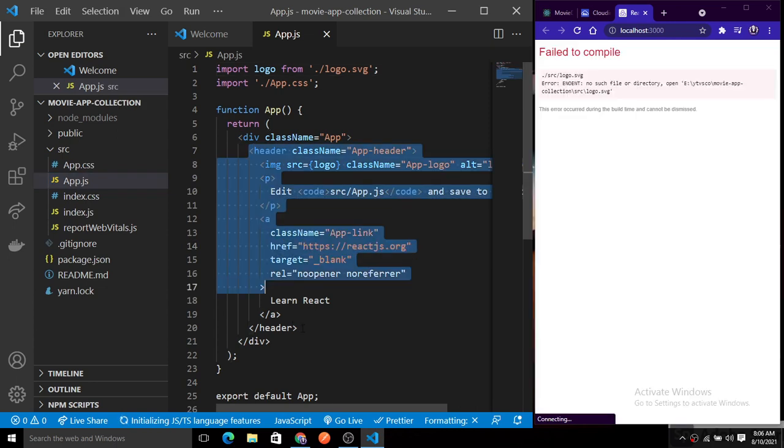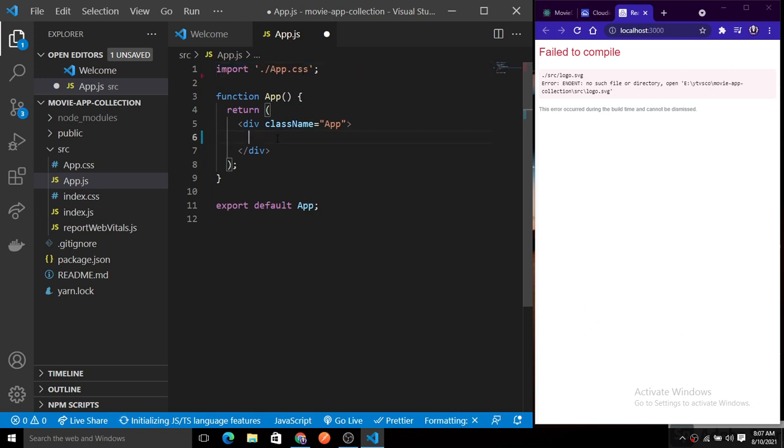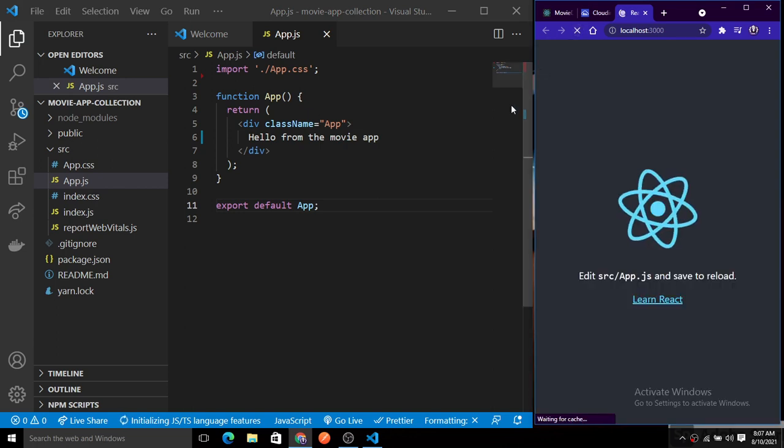Just grab everything from the header section and remove it, including the logo at the top, and here just add 'Hello from the movie'. This is for testing purposes. Now let's refresh this page.